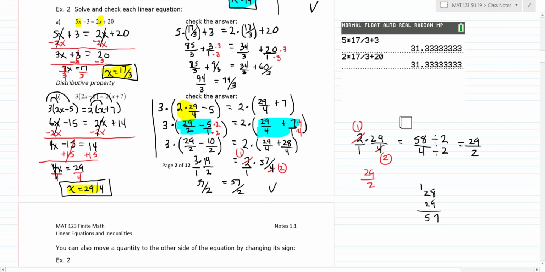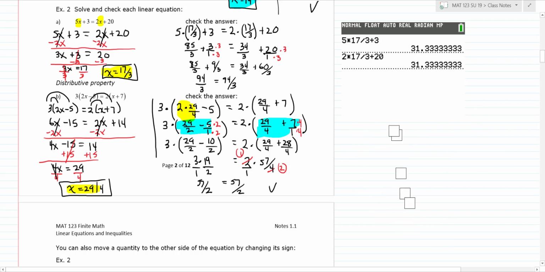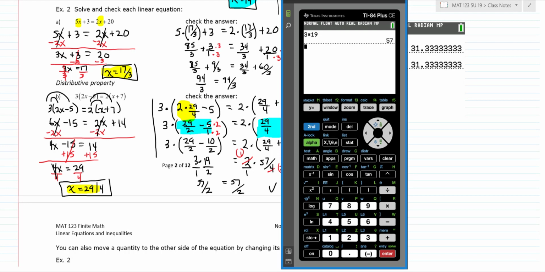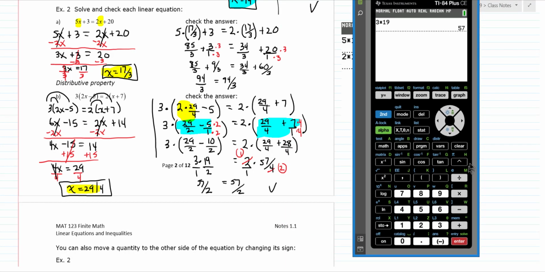Okay. All right. So that's how you would check that by hand, instead of changing stuff to decimals. Students hardly ever want to do it that way, and you need to know how to do it that way. All right, so if you were going to check it on the calculator, we would just go back to the beginning, and you can put in your parentheses like this. You can say 3 times parenthesis 2 times 29 over 4